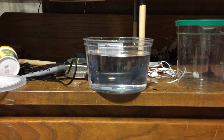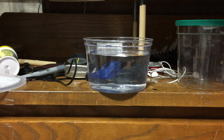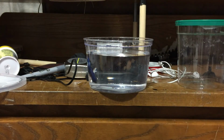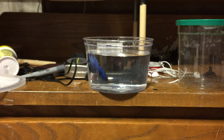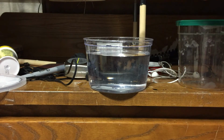Alright, he is now in the container. He's still swimming around, so that's a good thing. The black, he still has quite a bit of black in his fins, in the bottom of his fins. So what I'm going to do now, I know people are going to say don't use this, but this stuff has saved my bettas in the past. So I'm going to put 1 drop in here, 1 maybe 2 drops in here, and then just